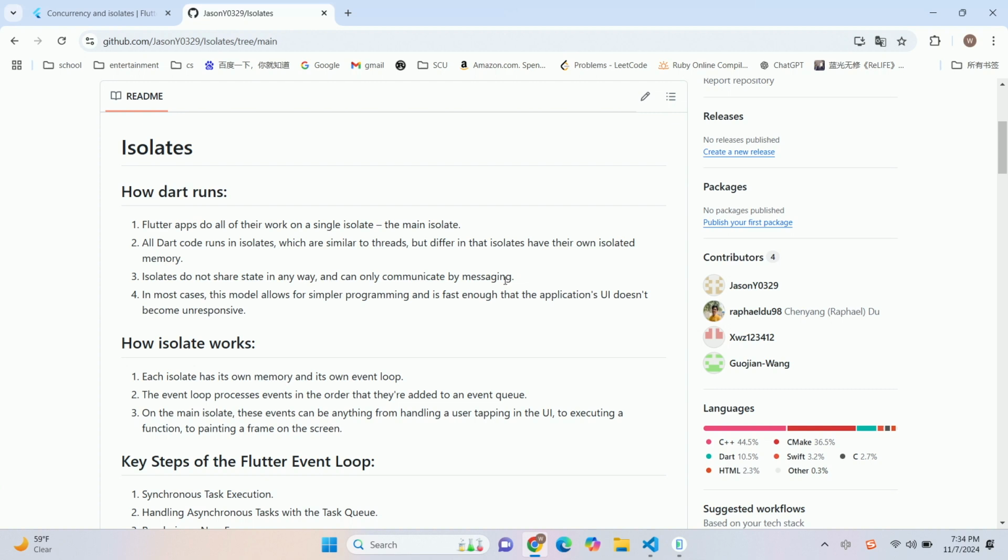Yes, thank you. Okay, our group will talk about what an isolate is. Firstly, we should talk about how Dart code runs. Flutter apps do all their work on a single isolate, the main isolate, and all that code